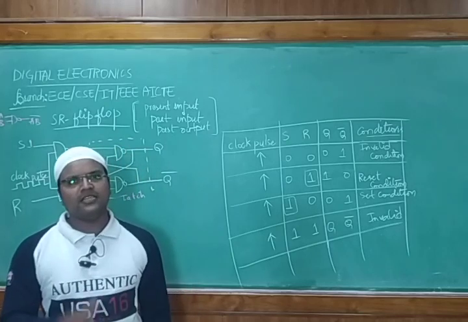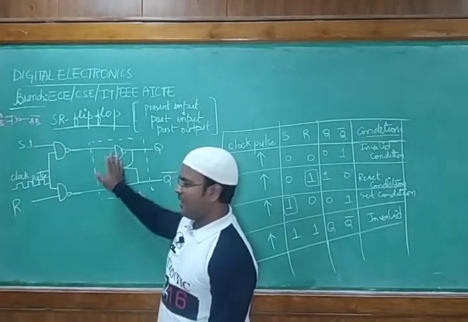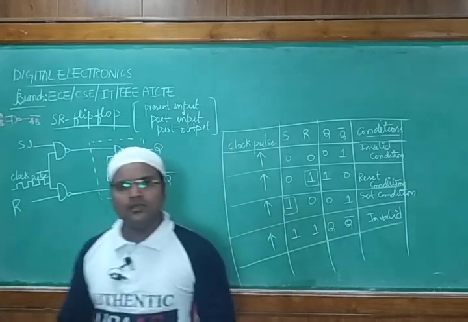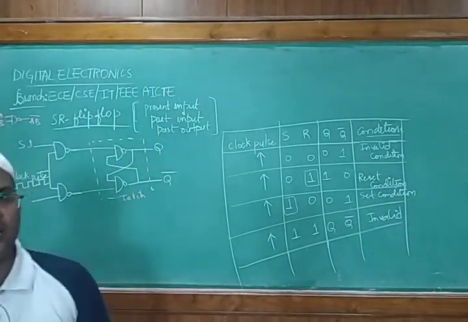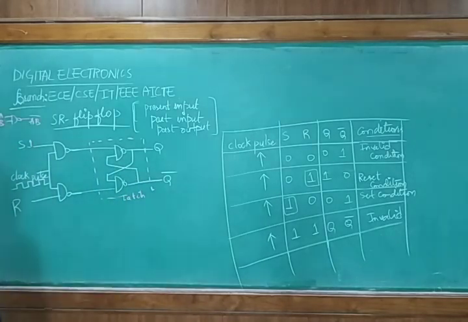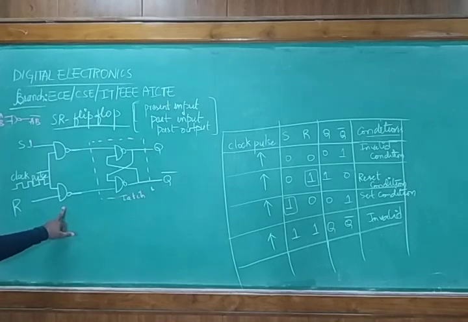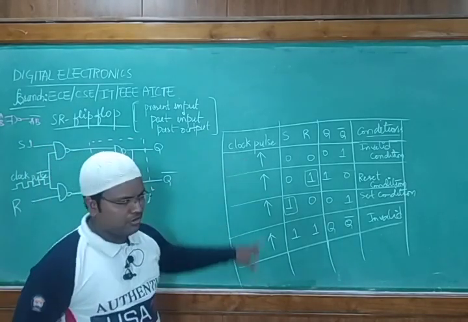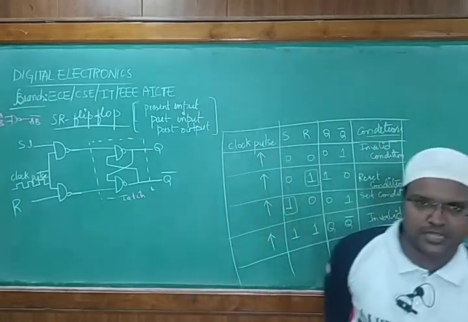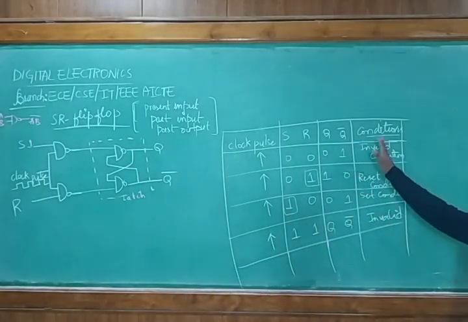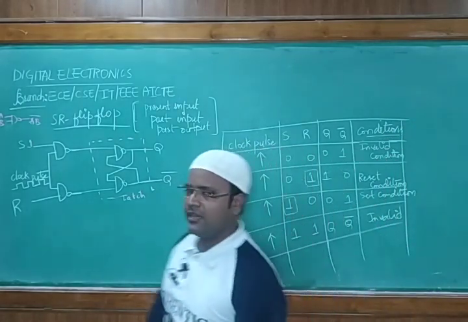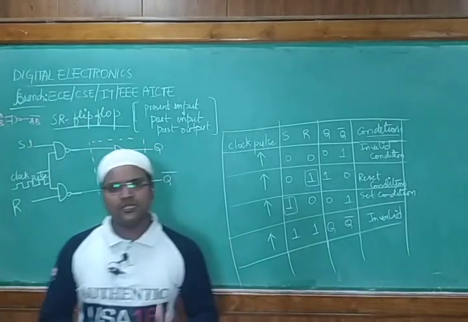When you want to design the SR flip-flop using NAND gates, we'll go with this particular approach. Mostly you will try to understand the NAND gate, and whenever we want to write the truth table for it, first take the SR latch. By taking the latch, connect it with two NAND gates, and for both we give the common clock pulse. This is a positive clock pulse given directly from the clock. When the clock pulse is high, we have taken the combinations, Q or Q bar, and depending upon that, we have written its condition. That's how we have designed the SR flip-flop using the clock pulse.